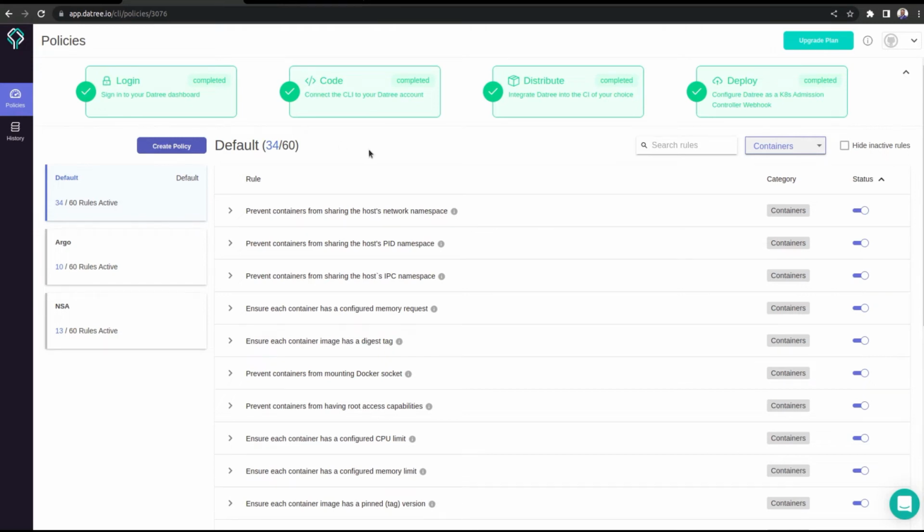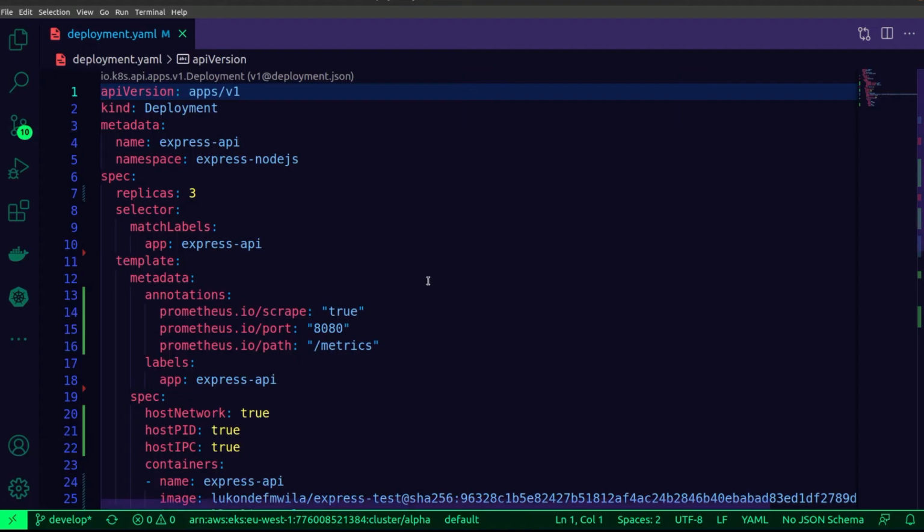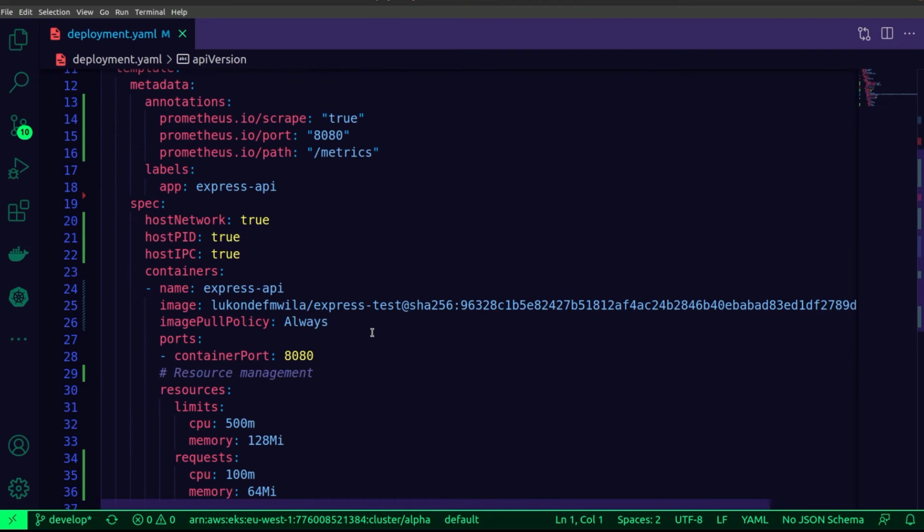And these policies allow you to essentially toggle and enable or disable features, as you can see over here. These features are based on best practices and security features for your container workloads that will run in Kubernetes. So it's a great protective measure to prevent deploying workloads that don't meet certain criteria. So let's take a look at a deployment manifest file where I'm committing a couple of fouls, and you'll see